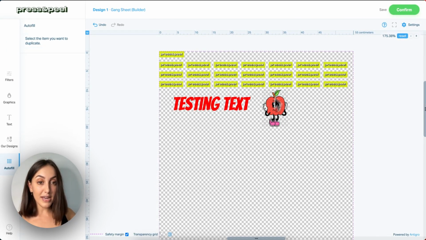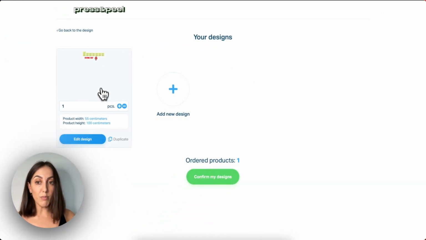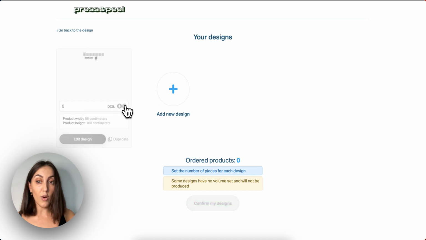Fill it out with as many things as you like, all the different designs that you can imagine, all the different logos, any different kind of text, anything that you want, fill it out completely, and then you can hit on the confirm button when you are ready. If you want to print more of that gang sheet, if you want to print 2 or 3 copies of it, you can control that here. Maybe you want to print out 4 copies of this gang sheet, you can do that. Or if you just want to print out one,